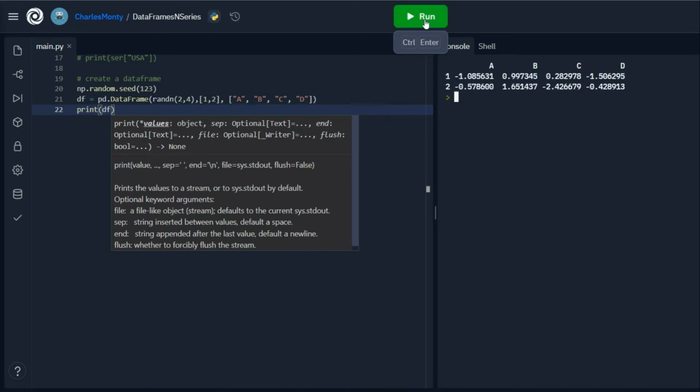And here's our data frame with 2 rows and 4 columns, A, B, C, and D, with our random numbers